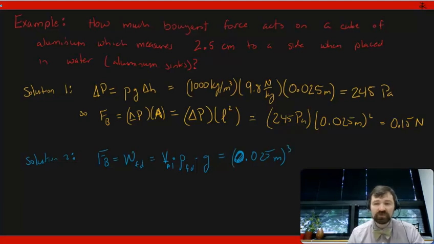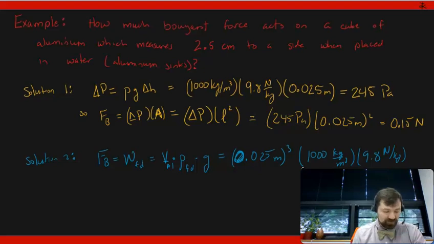Again, it's a cube, so you just take the length and cube it to get the volume, times density, which is 1,000 kilograms per cubic meter, times 9.8 newtons per kilogram. So if you multiply all those things together, the 0.025 cubed times the 9.8 times the 1,000, you end up getting